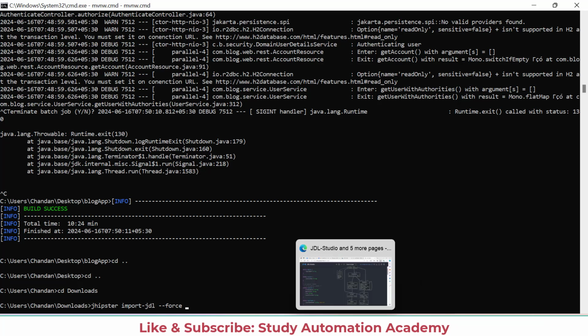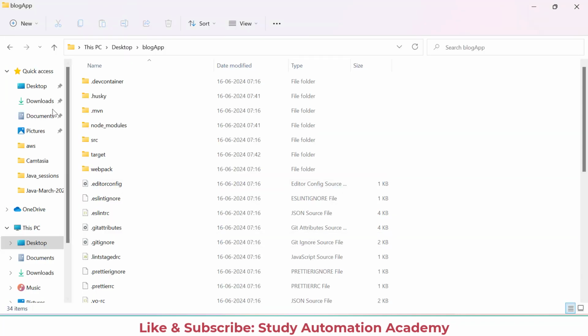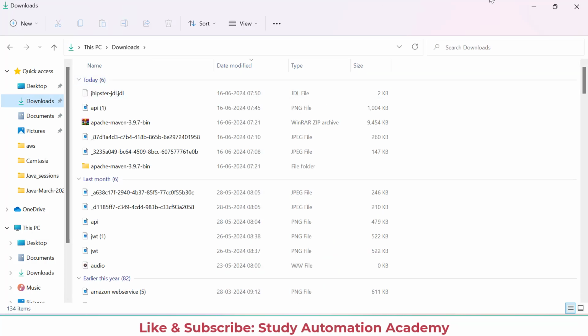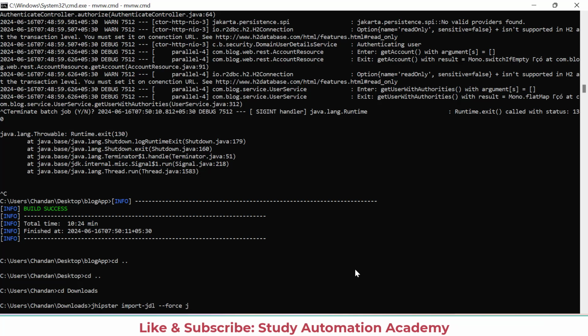We just downloaded that JDL, so you can go and see the name of the JDL that was downloaded. It says jhipster JDL, so I'll say jhipster-jdl and click enter.